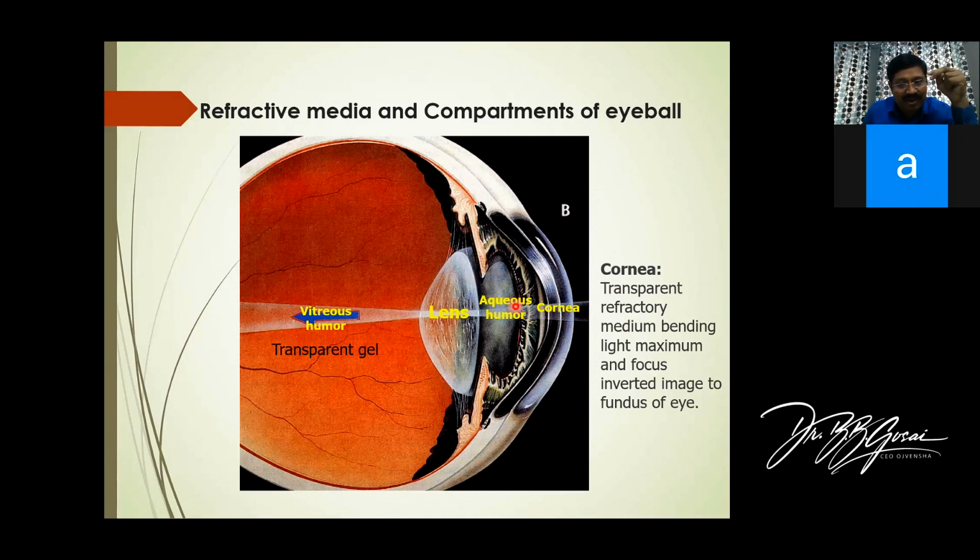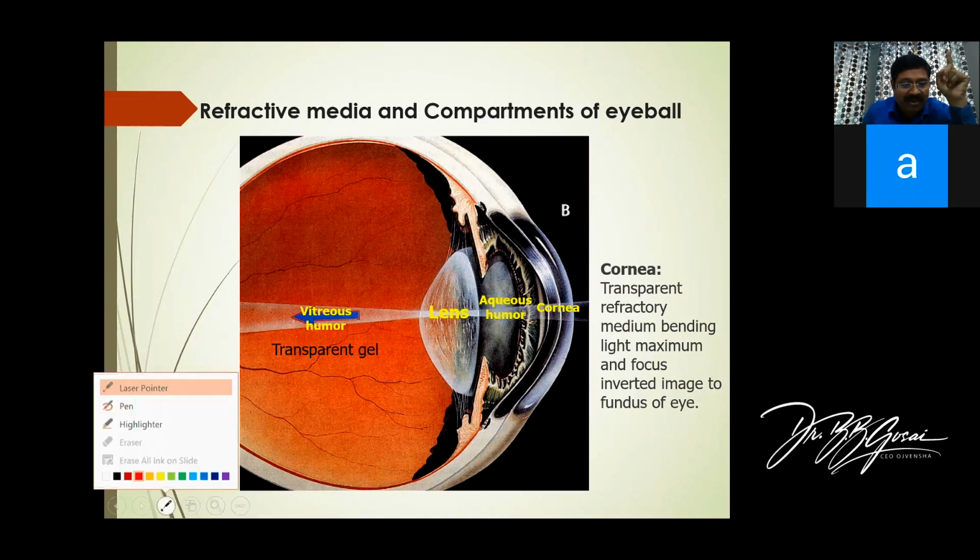The fluid circulates here in the anterior chamber. It goes to the corner, the sclerocorneal junction. Here is the canal of Schlemm. It's a cavity, a passage, a canaliculus. Then it goes to the veins, which are here. So this is the posterior chamber and this is the anterior chamber.